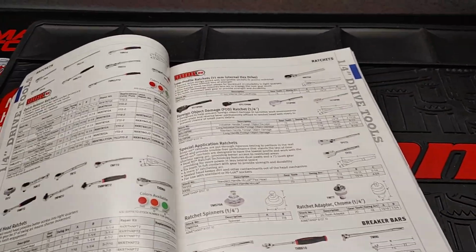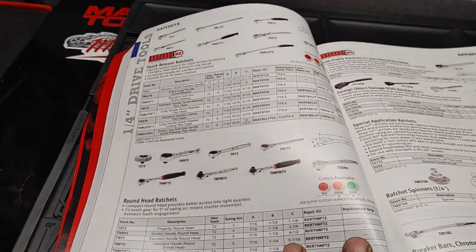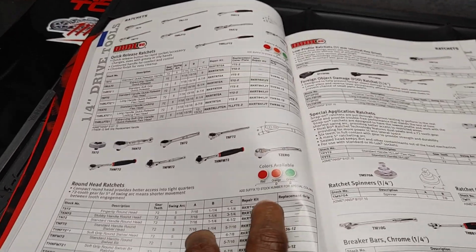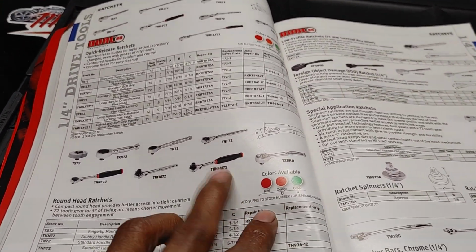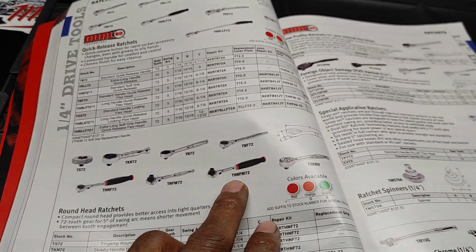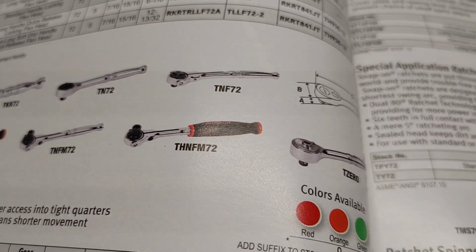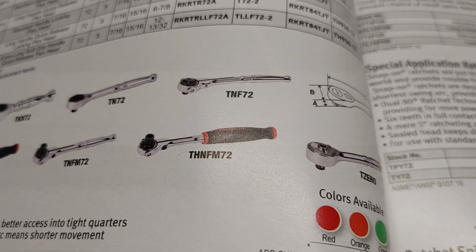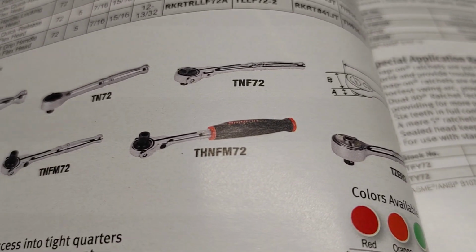All right, now we're in drive tools. At the moment, we're looking at 1/4-inch drive tools. When it comes to the selection of ratchets in their catalog, there has not been much that has changed within this section. This is an item that I actually do not have in my selection at the moment, which is the 1/4-inch roto head, and this is a hex magnetic bit driver ratchet. And the part number is